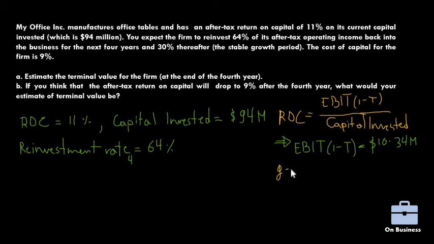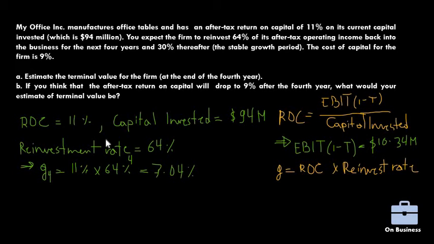So I know that growth is equal to the return on capital times the reinvestment rate. So my growth for the next 4 years is going to be 11% times 64%, which gives us 7.04%. And afterwards, we're going to have a reinvestment rate of 30%, which allows me to calculate my stable G